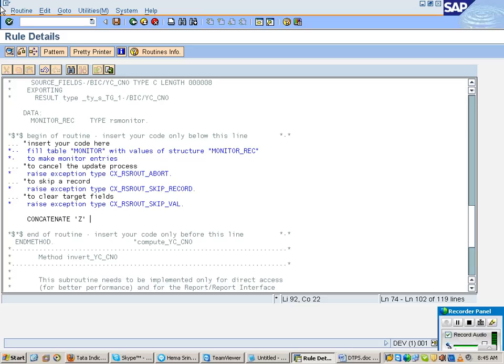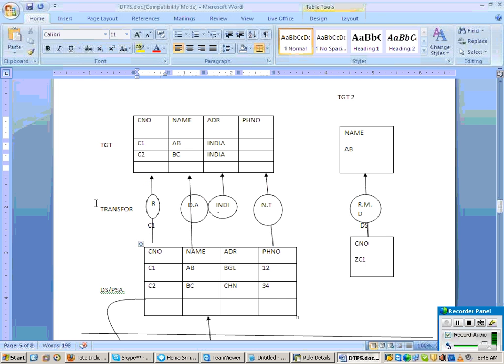Now combine Z with what value? C1? If I give C1, what happens? For all the records it takes C1. No, it's not C1. Combine Z with what value?